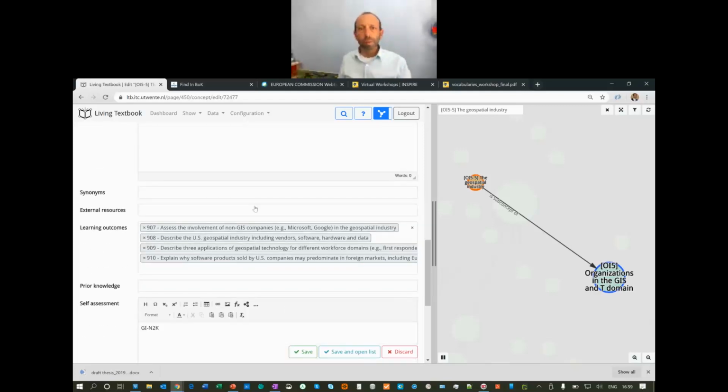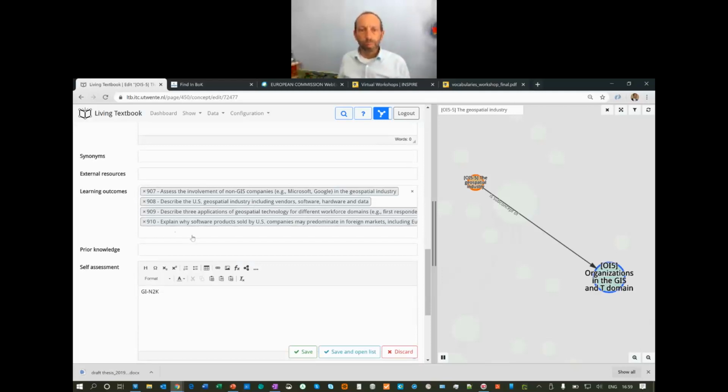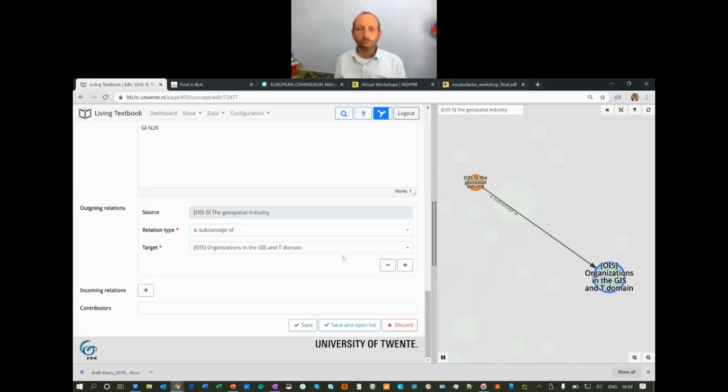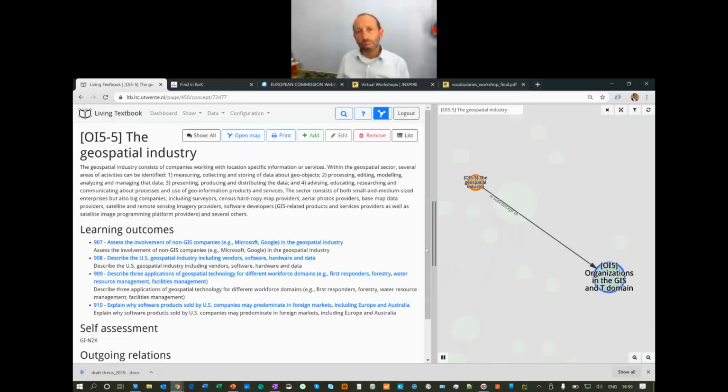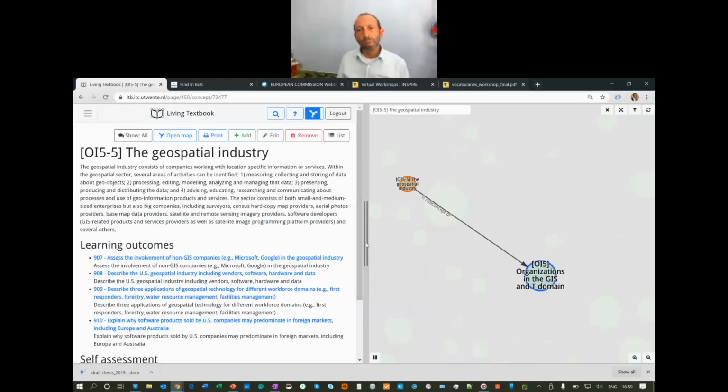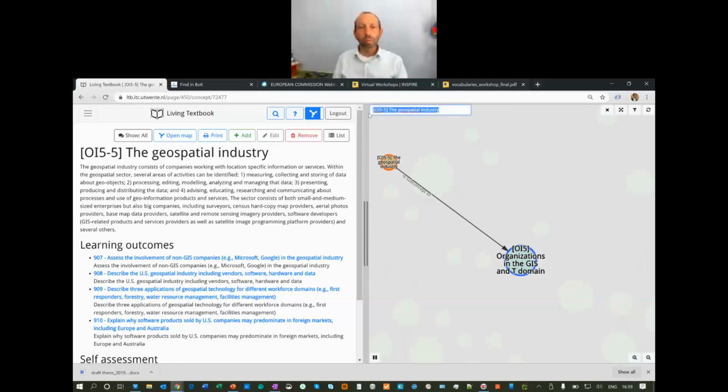And then we have tools around it that make use of the concepts created within this body of knowledge. So we have curriculum design tool, occupational profile tool, job offer tool, and these tools will be explained to you also by Sven Kastelein after my presentation. What I will concentrate on here briefly is the living textbook, as you see here, and the Find in Book tool. So the living textbook tool is actually under development already